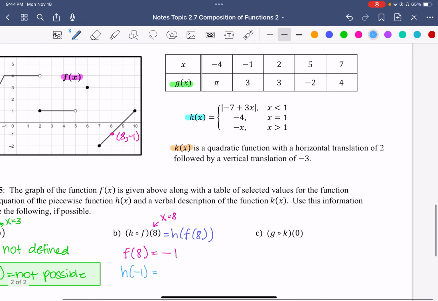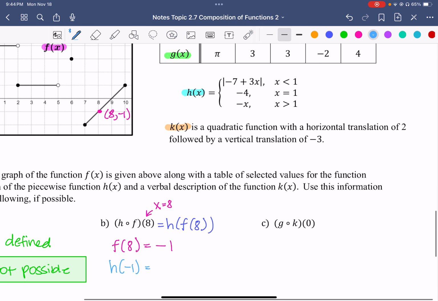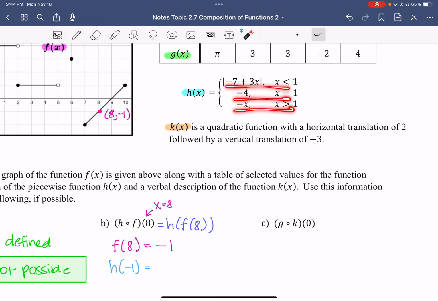Now, h is over here. Now, the thing with piecewise functions is that you have 3 different types. It doesn't have to be 3. It could be 2, 3, 4, 5. It doesn't matter. But each of the different subfunctions is going to have their own domain. So this absolute value function only works for the x values that are less than 1. This negative 4 only works when x is exactly equal to 1. And the function negative x will only work for the x values that are